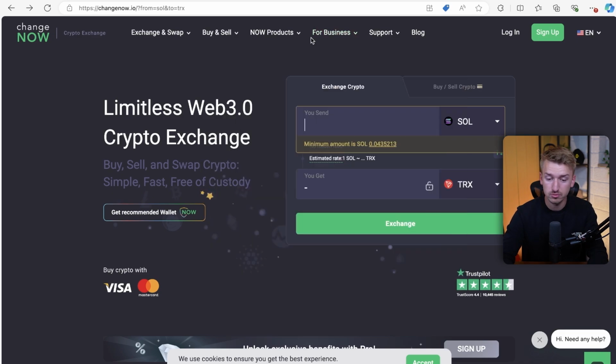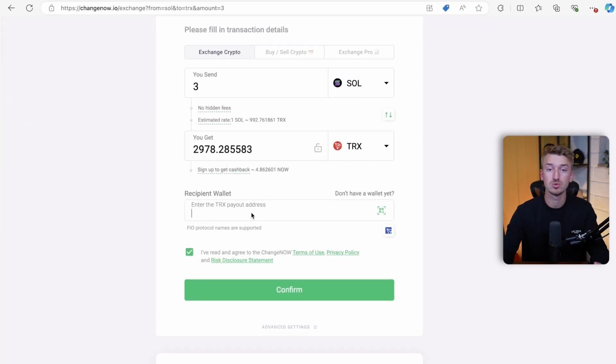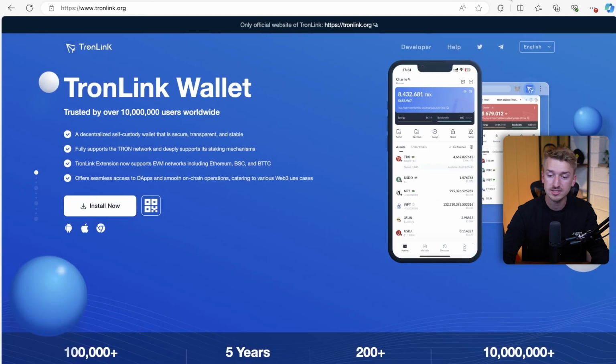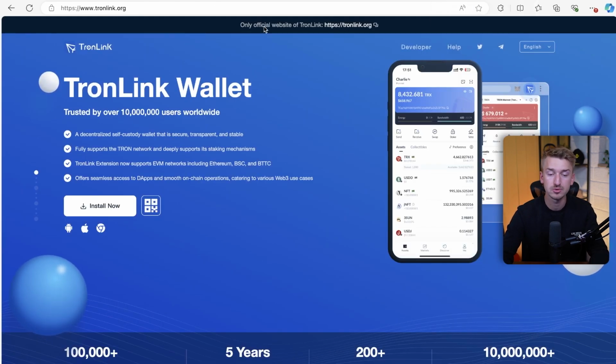It's very straightforward. For example, if you want to bridge 3 Solana, you get almost 3,000 TRX tokens. You just click exchange. You need to add your Tron wallet that you want to receive these tokens on. You click confirm, and then you see a Solana wallet. You need to deposit the 3 Solana into that wallet. Then it might take 10-15 minutes, and then you will receive your TRX tokens. So that's the wallet setup and how to actually get some TRX tokens onto your wallet to get started with